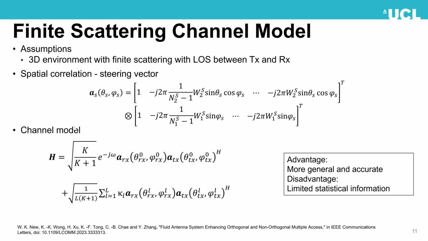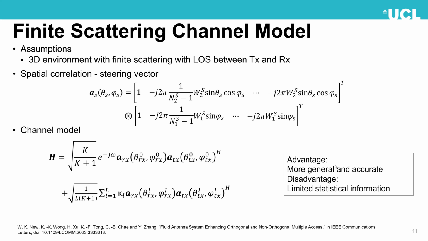Okay, and then the channel model can be computed using this equation here, where K represents the Rice factor. Omega here represents the line of sight phase. And then the capital L here is the total number of non-line of sight paths. And this kappa L is the complex coefficient of the L-th non-line of sight path. Okay, and